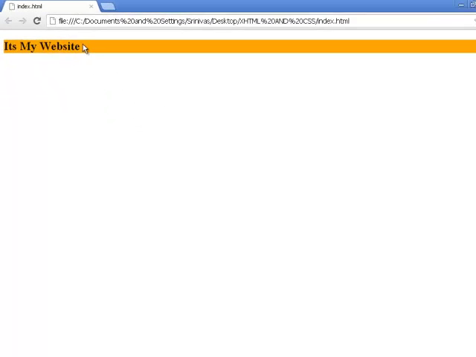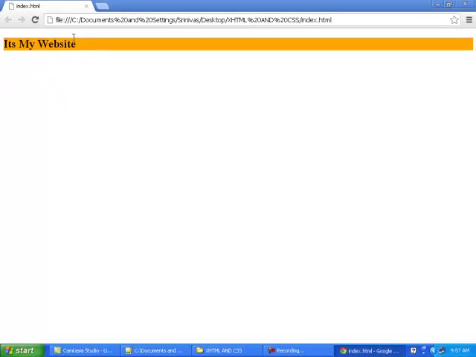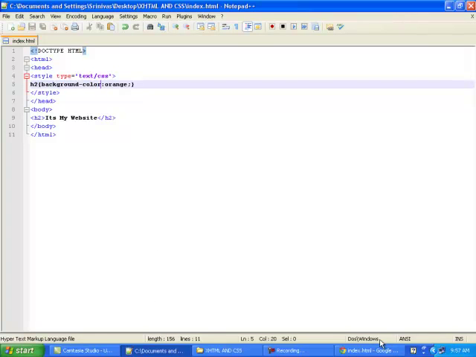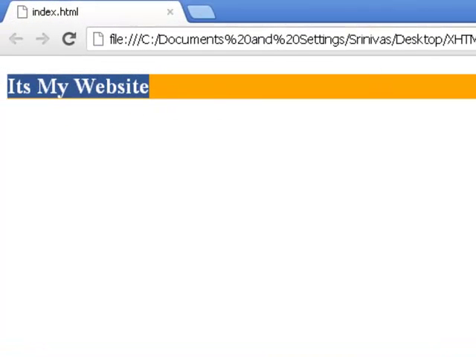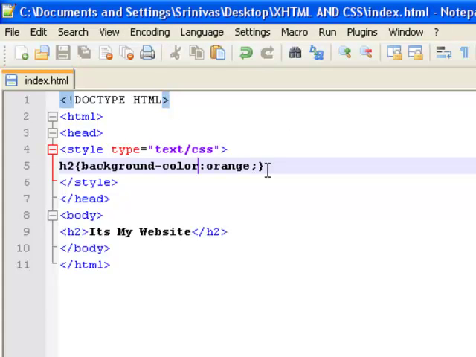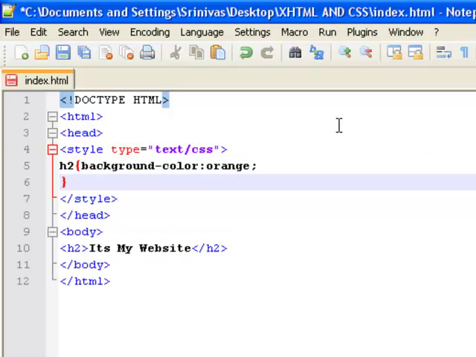So here the distance between the text and the border of this color is known as padding. If I want to increase my padding, how should I increase it? I mean I want to increase the distance between the text and the border, these lines. How should I do that? For that we go for padding. Padding is a property